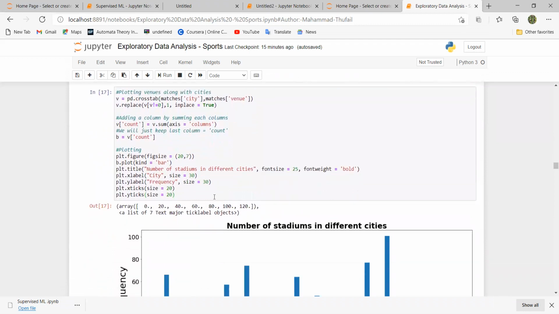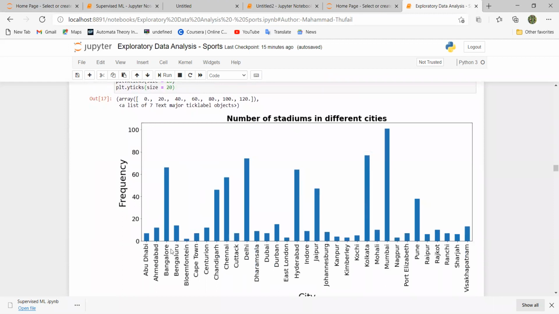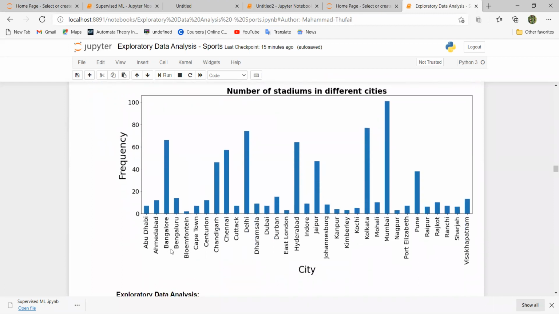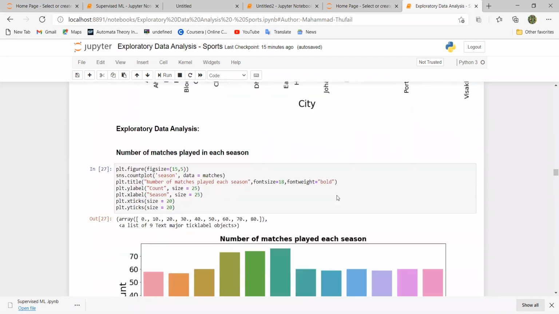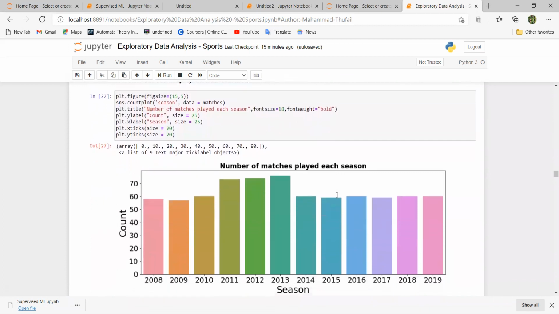So the visual representation of the data goes like this, which is plotted between the frequency and the city. This is the number of stadiums in different cities, and the graph is represented like this. Now, the number of matches played in each season.